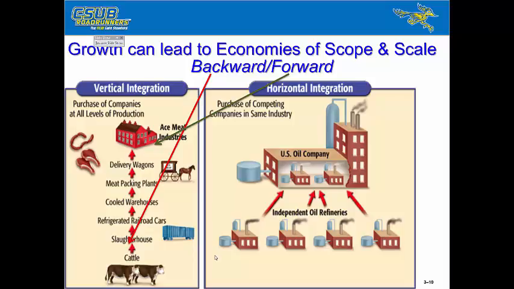If Vons, for example, you notice Vons has a bunch of trucks that say Vons on the side. So Vons actually backward integrated into delivery. So they're not contracting a separate company to deliver the meat to Vons. They're having the meat delivered by the department of Vons called Delivery Department. And if you go back further, if Vons were to actually purchase a meat packing plant, so they actually are producing their own,